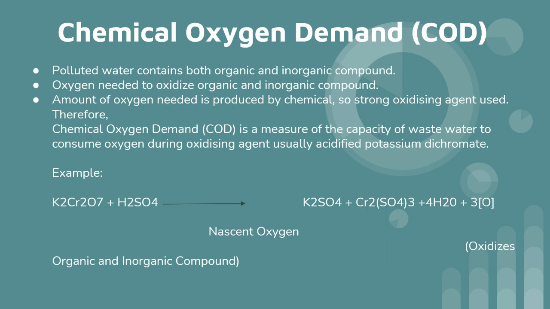So chemical oxygen demand is a measure of the capacity of waste water to consume oxygen during oxidation by an oxidizing agent, usually acidified potassium dichromate. So the chemical oxygen demand process is a process in which polluted water contains both organic as well as inorganic compounds, and the oxygen needed to oxidize them is produced by a strong oxidizing agent. In this example, we have used potassium dichromate, that is K2Cr2O7, as a strong oxidizing agent, which